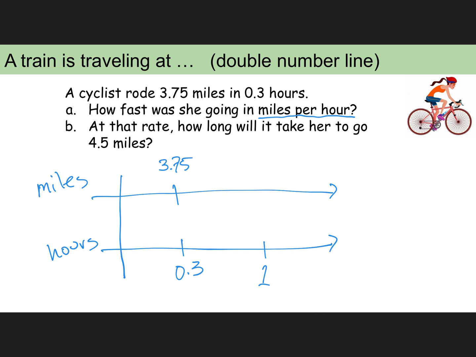So lots of different ways to solve this. 0.3 times what is 1? So to find that, I can do, well, what's 1 divided by 3/10? Or I can figure out the constant of proportionality. 0.3 times what is 3.75? So to find that, we would do 3.75 divided by 3/10. So how many times does 3/10 go into